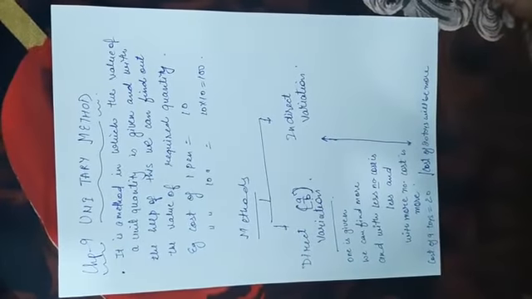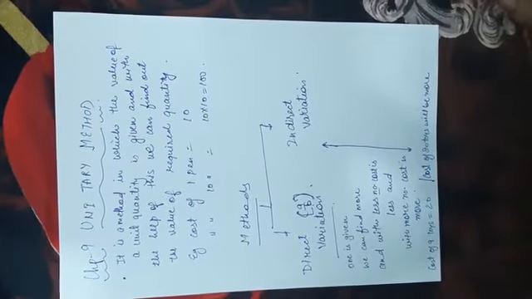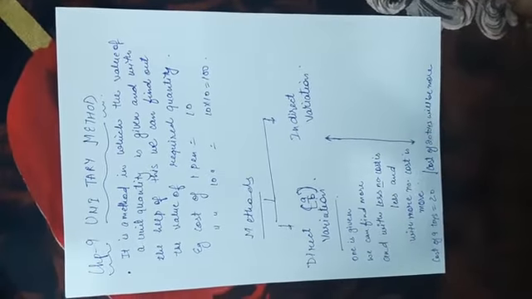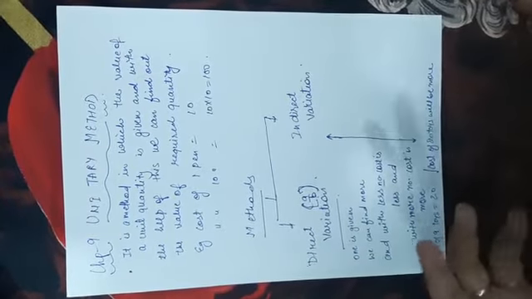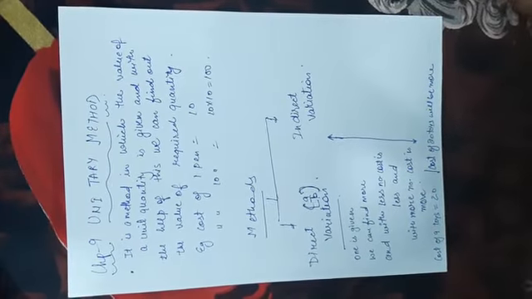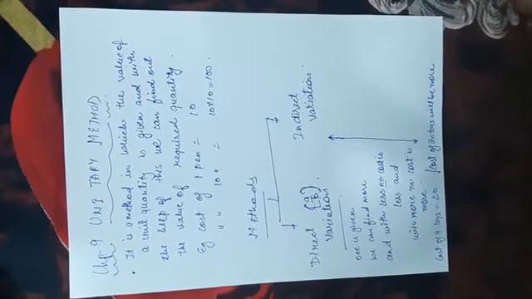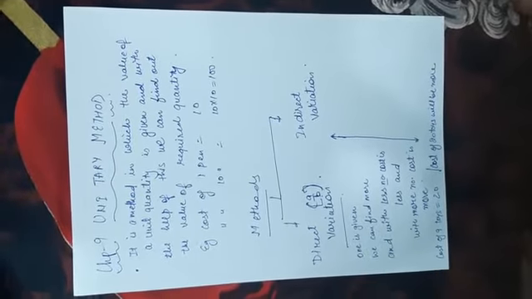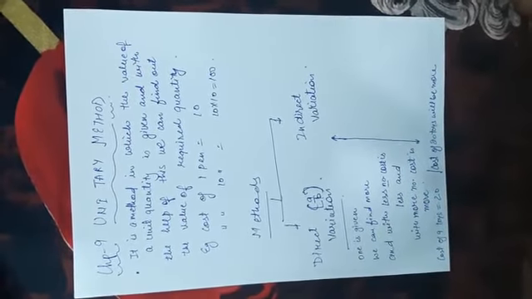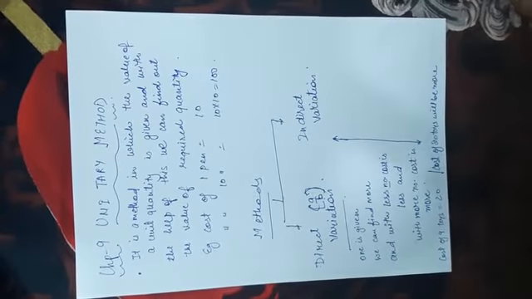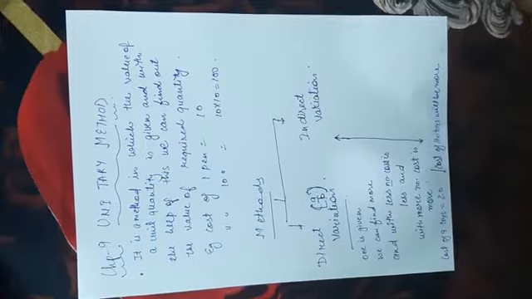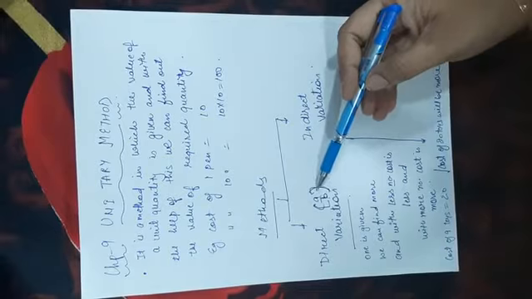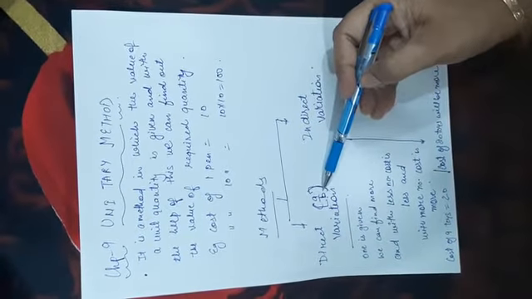In this, we are given one variable, and the relationship between them is in a direct manner, which means if one is increasing, the other is also going to increase. If one is decreasing, the other is also going to decrease. Say for example, cost of 9 toys is 20 rupees. If I increase the number of toys, the cost is also going to increase. So there is a direct relationship, and in this case A by B variation is followed.